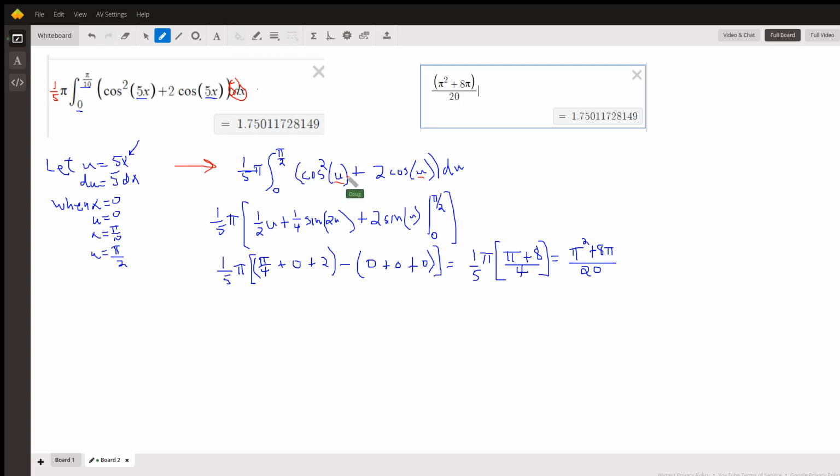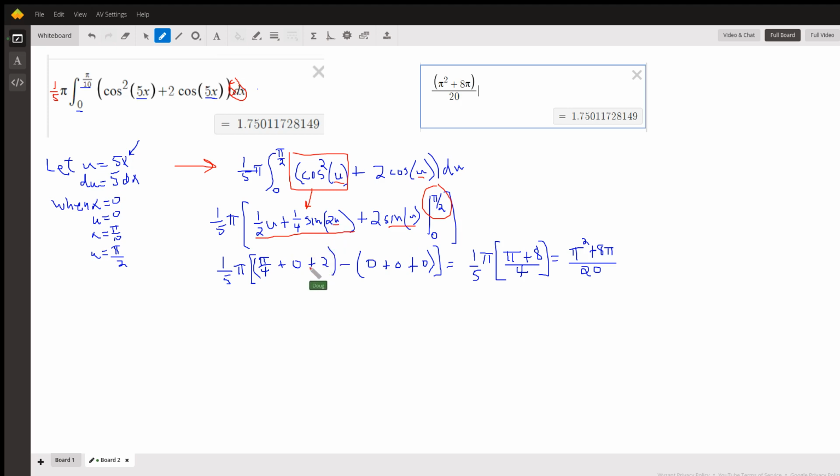I won't go into the derivation of this antiderivative for the cosine squared, but that's it. You can find it in a table of integrals. The antiderivative of cosine of u is sine of u. Plug in pi over 2. We get pi over 4 plus, if we put pi over 2 in here, we get the sine of pi,